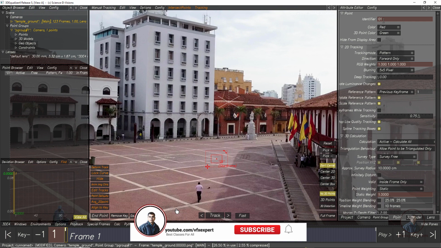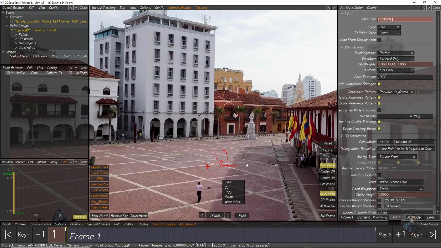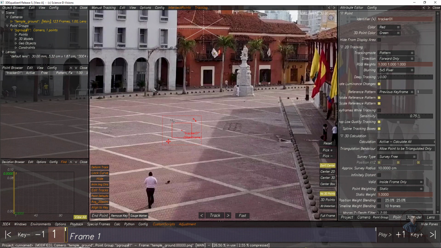If you want, you can rename it according to your requirement, maybe just Tracker 1. Then color, let me zoom in a little bit here. By default, if you look at the tracker color, it is red. If you want to change your tracker color, maybe because it is not visible properly, from here you can change it to yellow or black or any color you select. Then some other parameters for tracking. Even the 3D point color you can also change, but this is mainly after solving your camera, when we will get our 3D points.